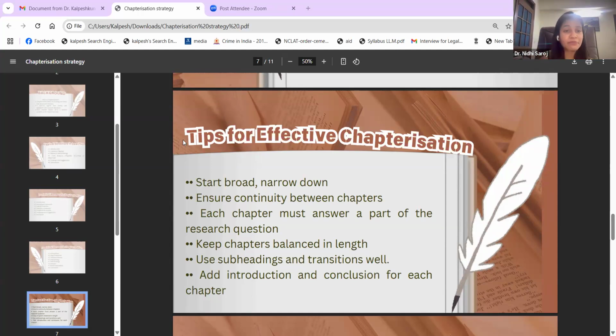Now, furthermore, subchapterization, which I was telling you all about, is very important because again, the logical flow and clarity would come if you have decided in advance. It should not be like trial and error. There would be error, but it should not be in a very unsystematic manner. So you should keep revising it. You should divide your chapters into subparts so that it makes more meaning and it is more logical, right?